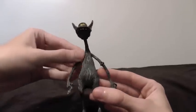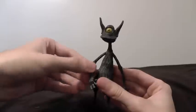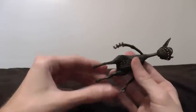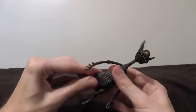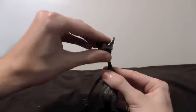Well, articulation-wise, it has a few movable joints, like the arms can move, they can bend them and twist the arms around, and the little feet that kind of look like goat's feet or centaur's feet or weird-looking feet. Yeah, we'll call them weird-looking feet. But yeah, as you can see, they can bend. And his head can move around,